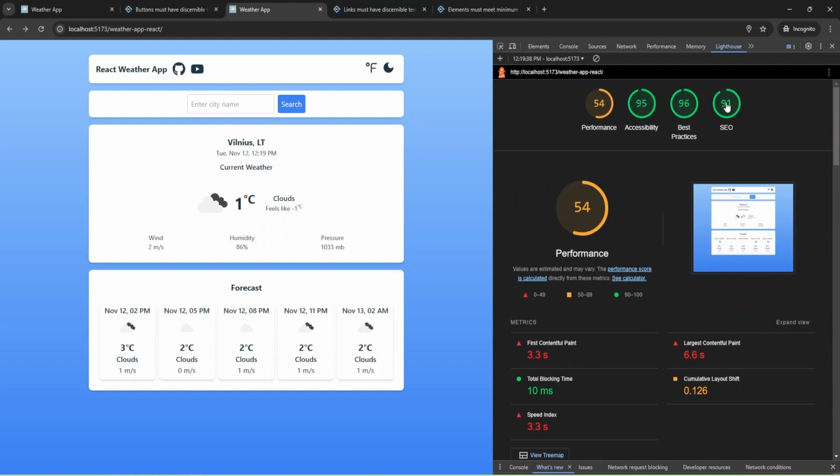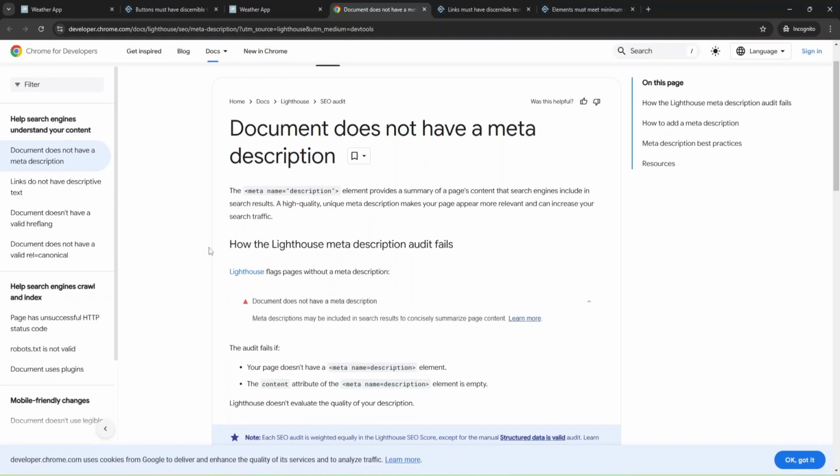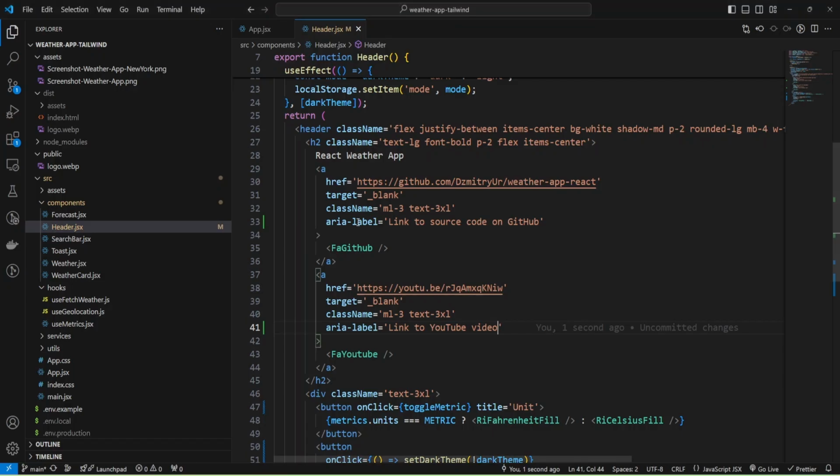Also I can check SEO, and I have one error about description, and this error is pretty simple, and I can fix it easily to improve my scores.